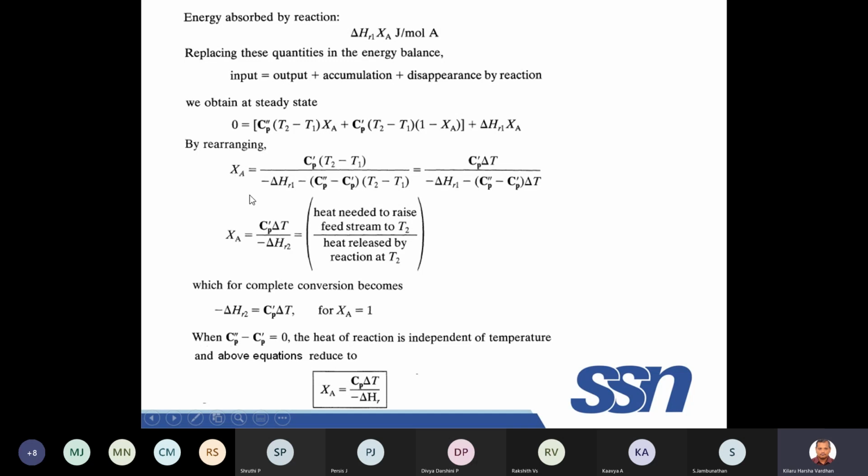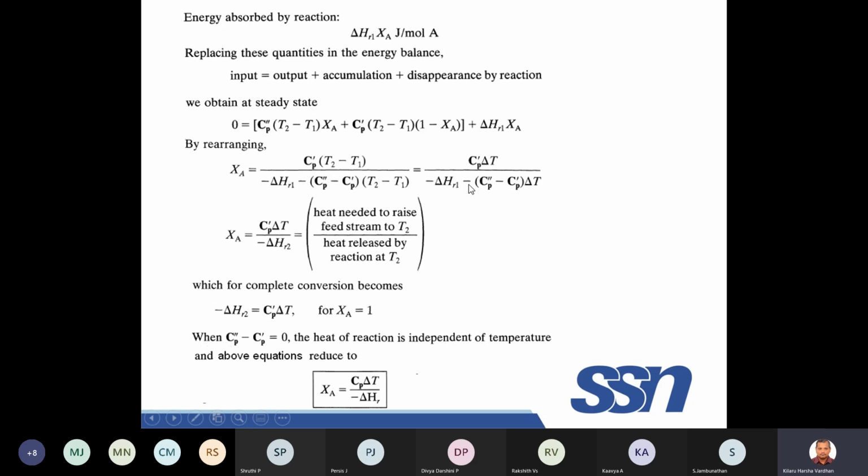If you rearrange, you get XA equals Cp dash delta T divided by minus delta H R1 minus Cp star delta T. So this entire equation is nothing but the delta H R1 at a particular reference,